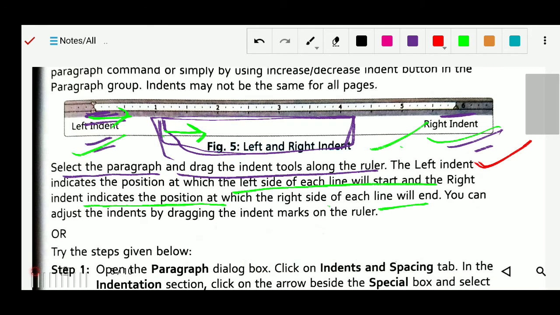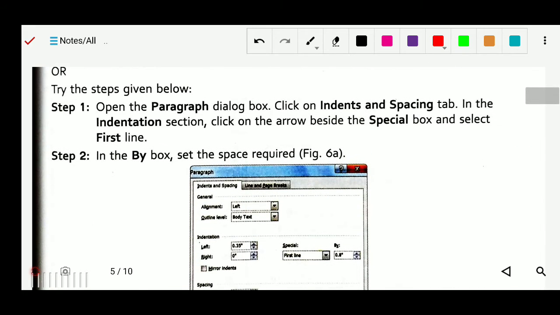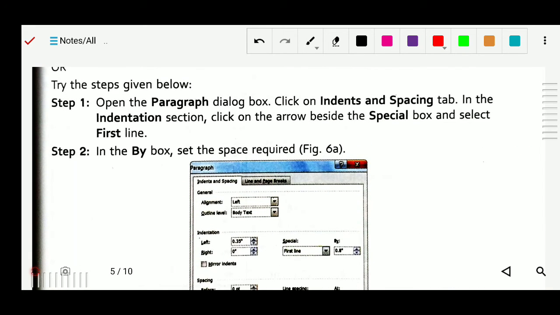Okay, next method is by the options method. What is that? First of all, we have to open the paragraph dialog box. In the Home tab there is an arrow, or by the help of the mouse, right click, and then you will get the paragraph option. The paragraph dialog box will open. Then in this there is the option Indents and Spacing. You can see this tab, Indents and Spacing.